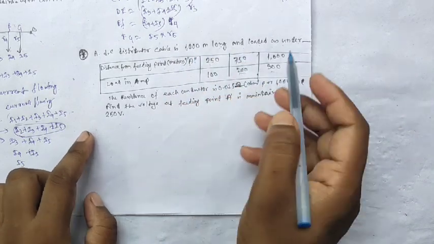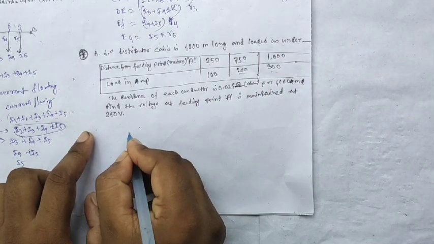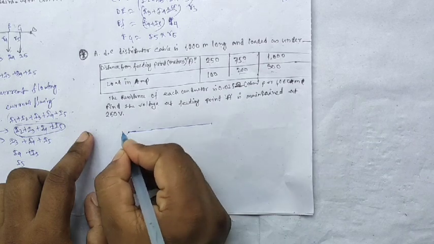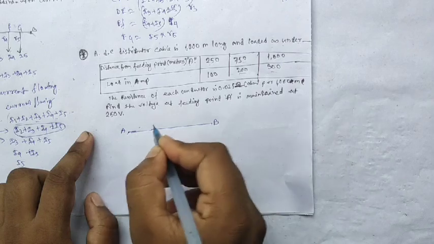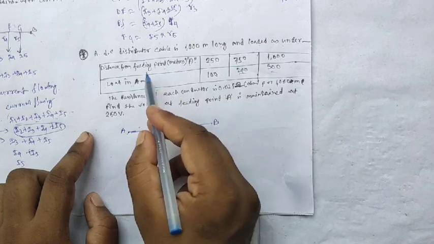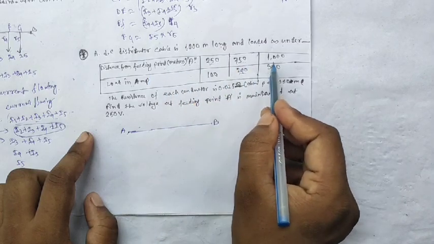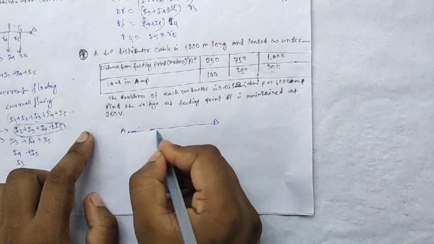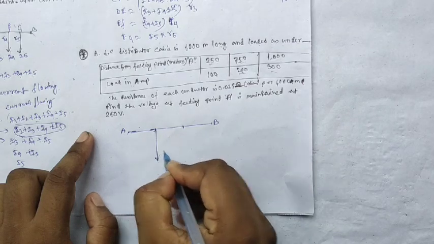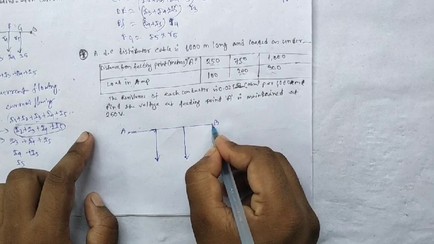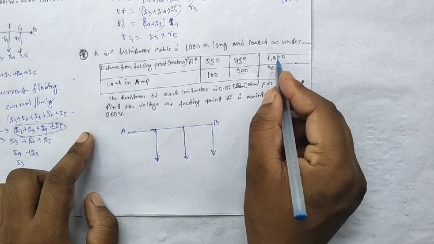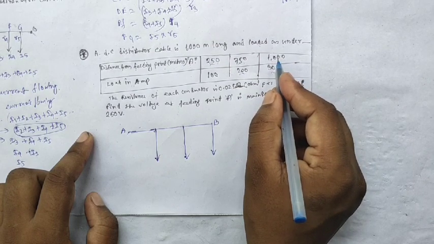1000 meter long. Okay, so first of all I am drawing a line. Suppose this is the AC and this is 1000 meters long. Okay, there are 3 loadings, 1 2 3, and the distances from the feeding point are 250, 750 and 1000. So it is divided into 3 parts, 3 divisions or portions. Okay, here one portion, here one portion, and here one also, and this is the 1000 meter distance.